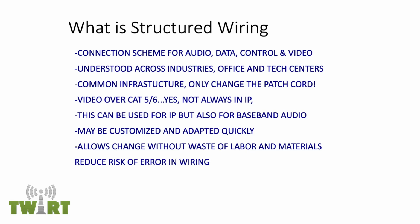If you didn't wire a facility, you come in and you want to make a change, you open up an XLR connector. Hopefully you open it instead of assuming. And you see, okay, the red is on pin 2, the black is on pin 3. You really have no idea if the entire place was done that way. Or if you bought a harness from somebody, you're breaking out the output of some computer or whatever. You don't know. Whereas because the 568B is a standard used across almost every industry now, and most of the patch panels and such have the color code on it,